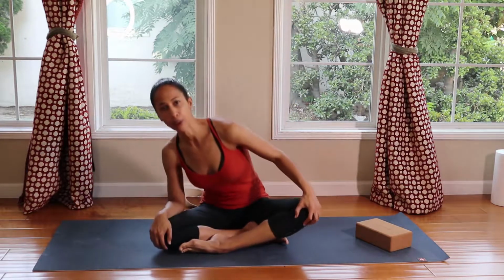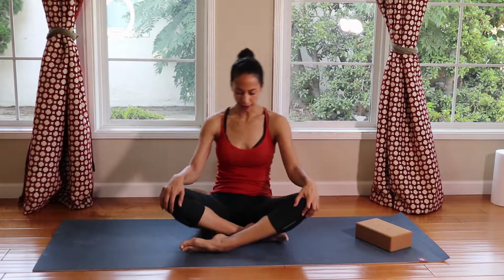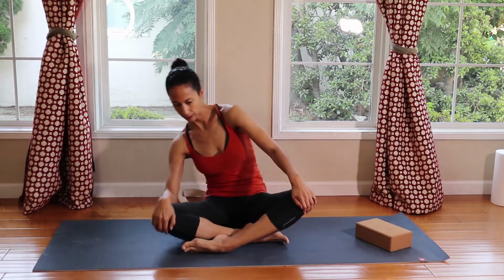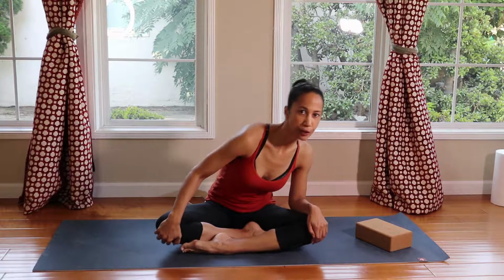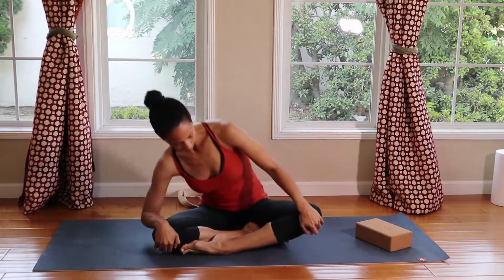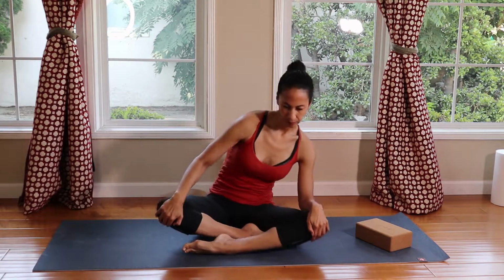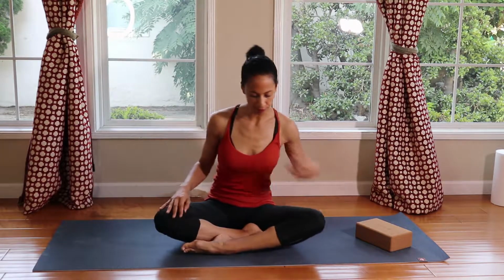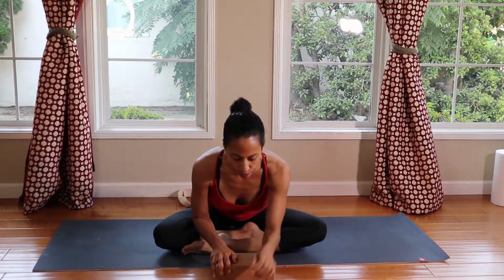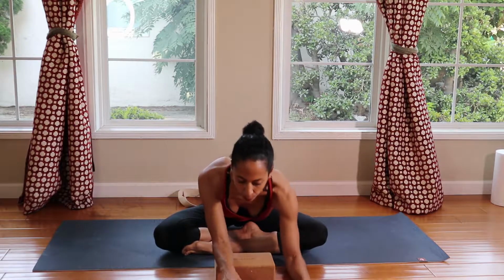Hands on the knees. Same thing, making circles around the hips. And right there you may notice that one hip is tighter than the other. Going a bit further forward, further back, reverse. Good. Center, same thing, with or without the block. Reaching forward with the hands, the elbows,